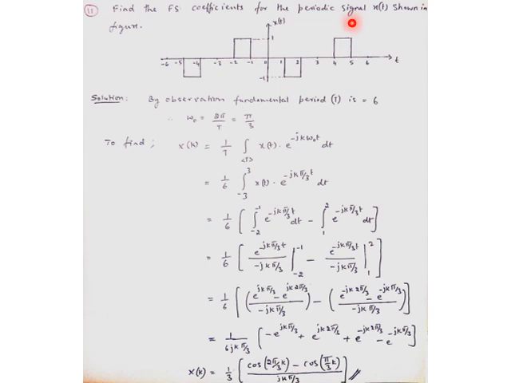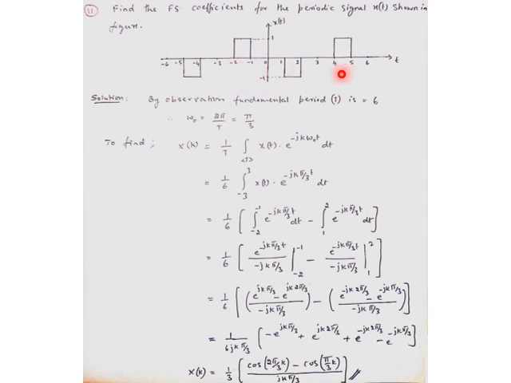So the Fourier series coefficient X[k] needs to be calculated, but as per the observation of this particular graph, we have to find the fundamental period. The signal is repeated starting from here, till here it is considered. This is repeated over here, and further it is repeated continuously in the same format. So from here to here, one particular set needs to be considered.